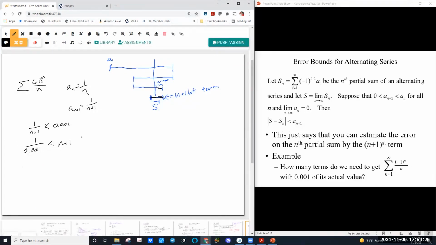So 1 over 0.001 is 1,000. We want n plus 1 to be greater than that. So subtract off 1. So that means 999 terms is going to be enough